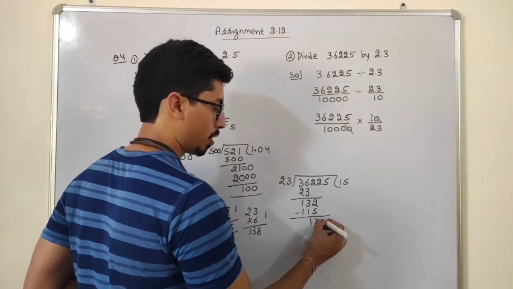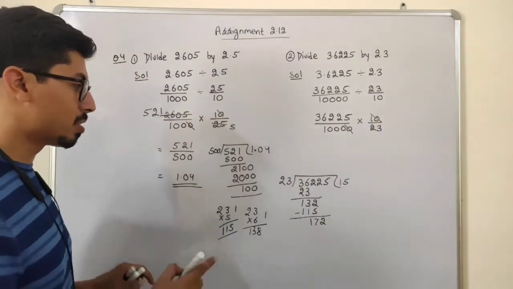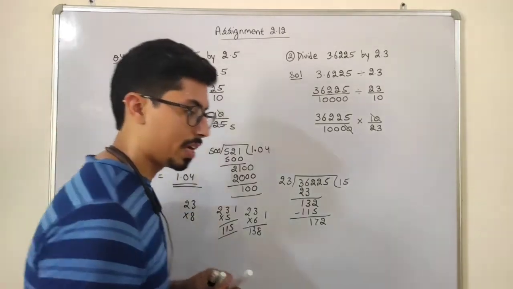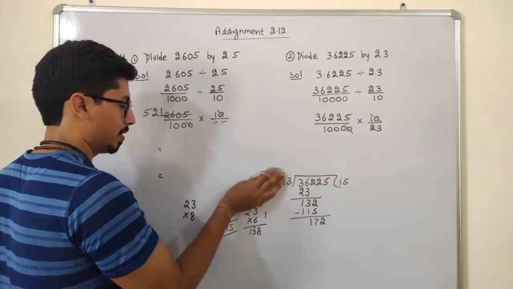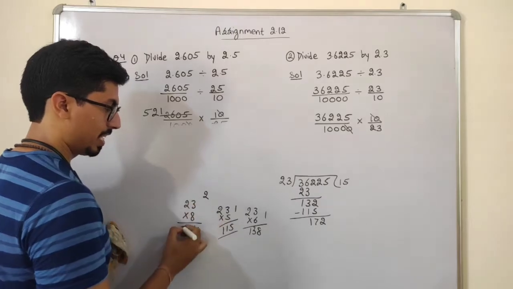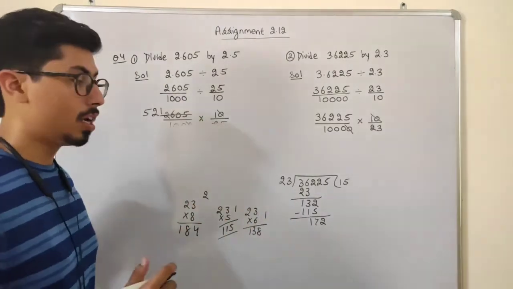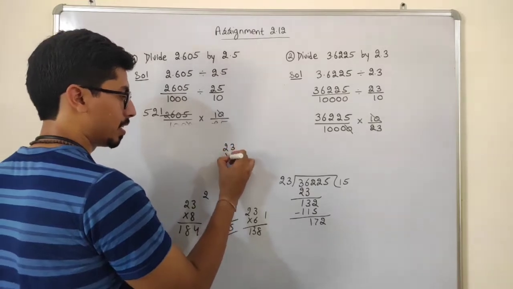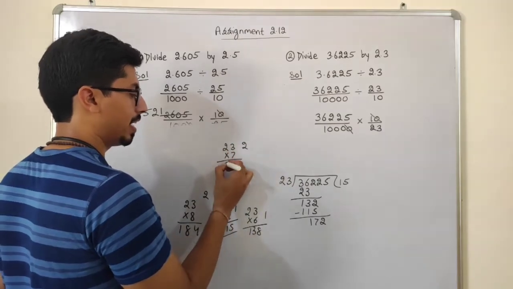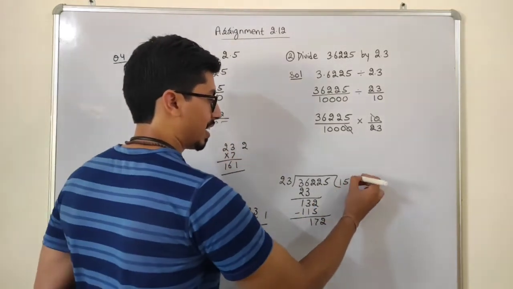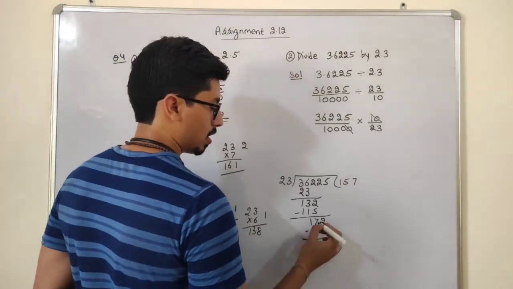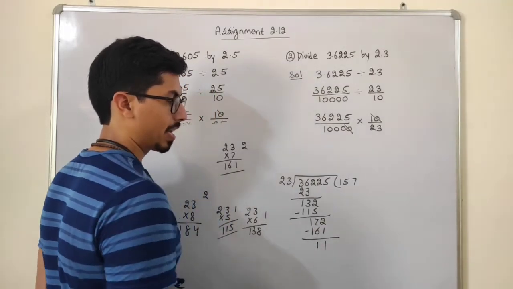So now take this 2 and put it here. Okay. So if I just multiply this by 8, students, it will be 8 3s are 24, 8 2s are 16, 17, 18, that is greater than this number. So I have to take the multiple of 7. I have to multiply it by 7. So 7 3s are 21, 2. 7 2s are 14 and 2 is 16. So take 7 here and 161 as it is. So now the remainder is 1 and 1 again.